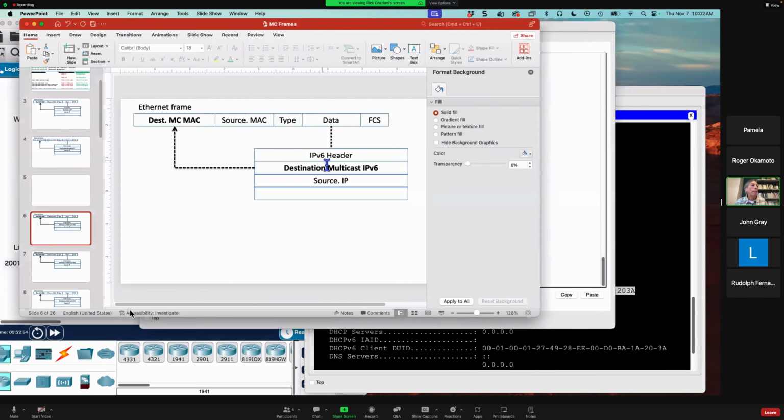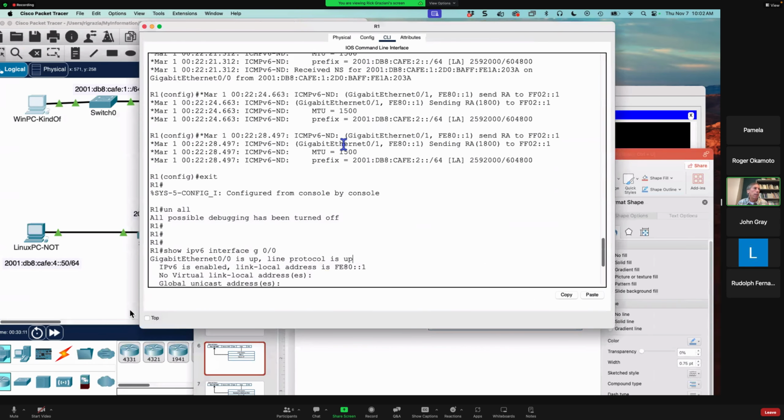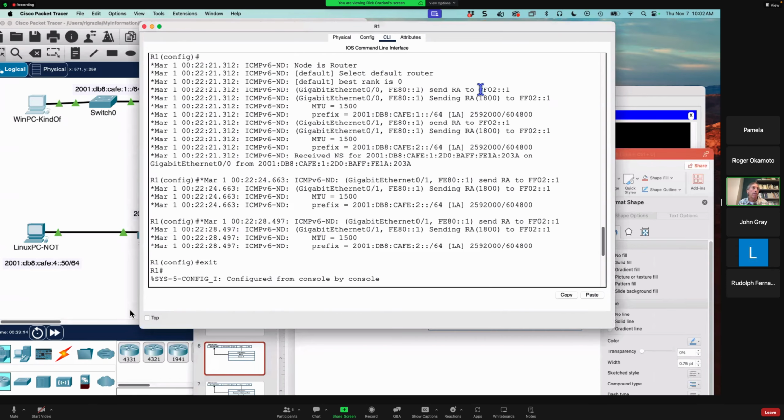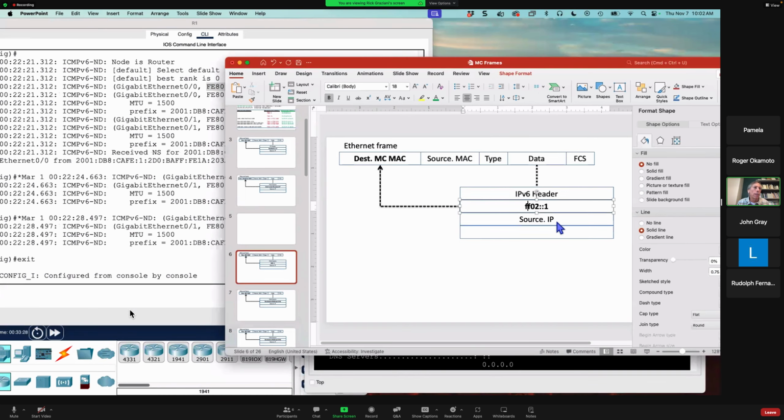Okay, so if I'm sending something to FF02::1, all IPv6 devices. This is the router sending its router advertisement to FF02::1. Hey, all IPv6 devices, you need to know about this. And by the way, it's sending it from its link local address. So its source address would be